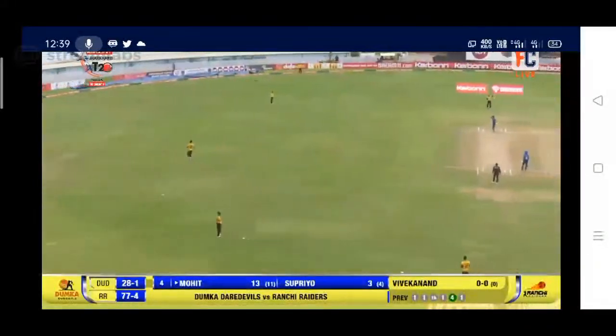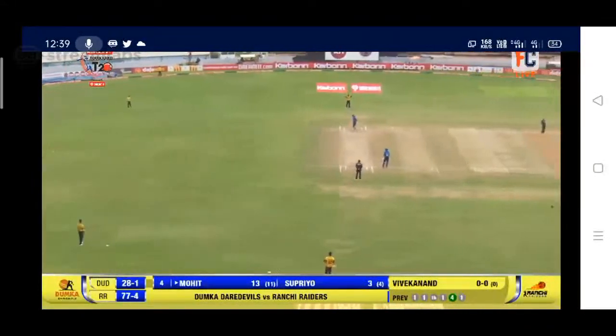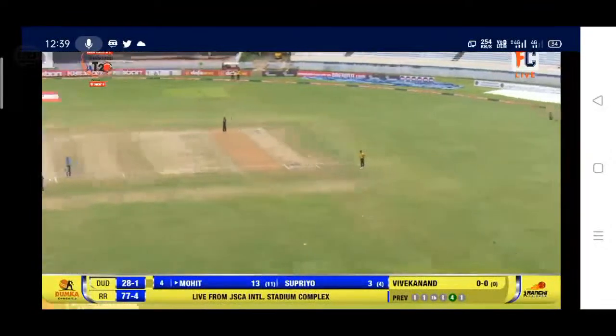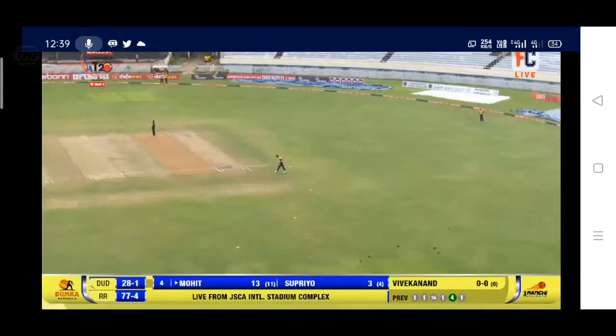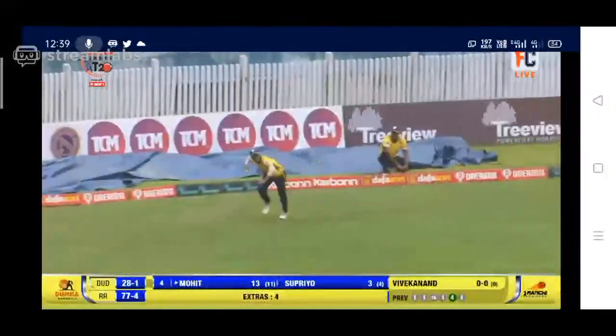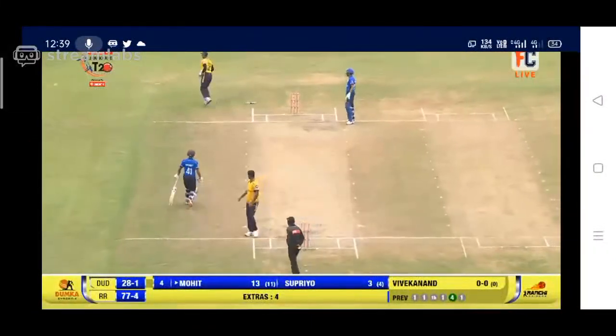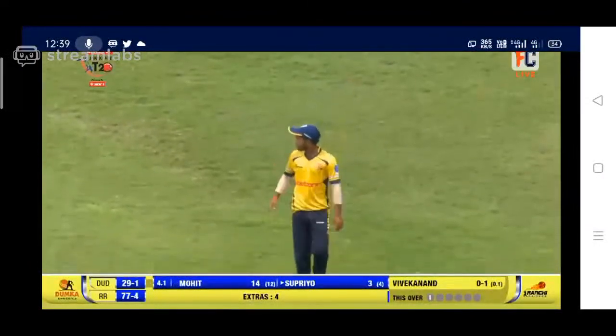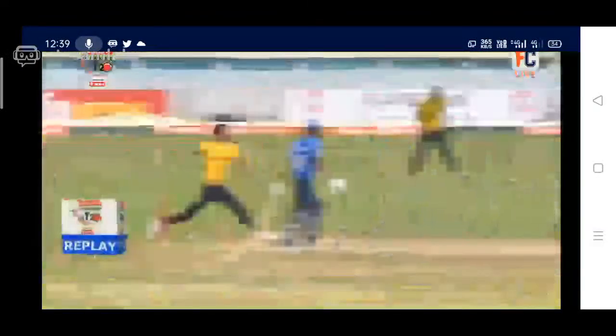The only thing is that they have kept it simple. Bowl just outside the off stump. Let the batsman drag the ball towards the onside. If there is a miss hit, there is always a chance for a catch, or you have to play the ball on the offside, and there are fielders on the offside. Down to square third man for a single.